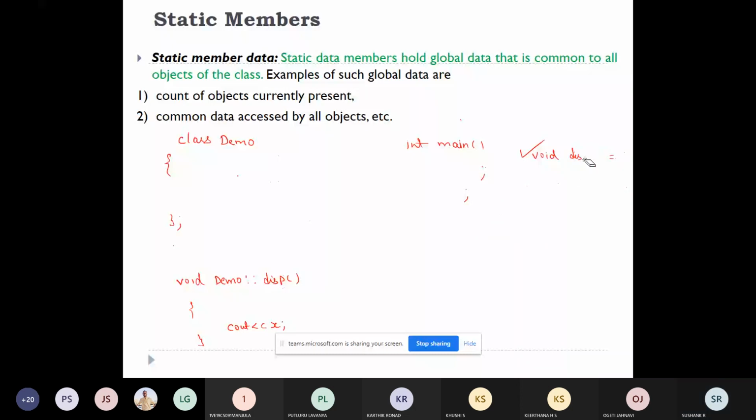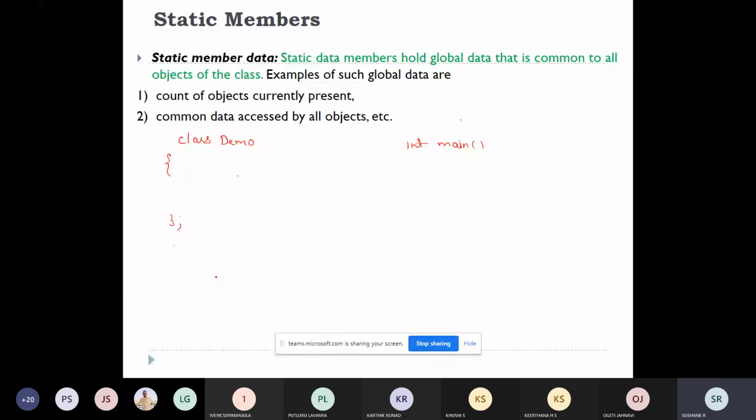So now let us check static member function. For a variable, if you want to make it static, you prefix it with the keyword static. The same way, if you want to make a function a static member function, you have to prefix that function prototype with the keyword static.